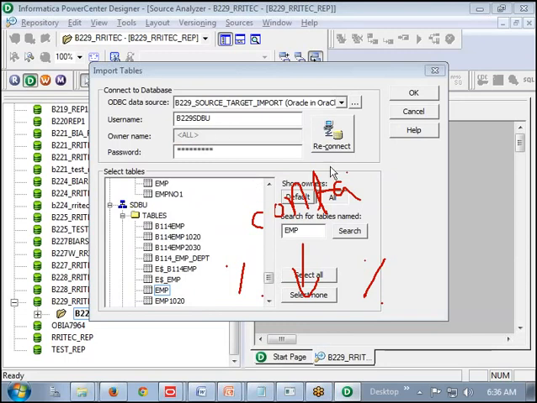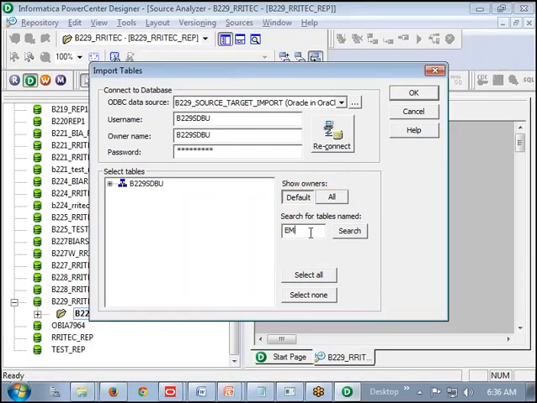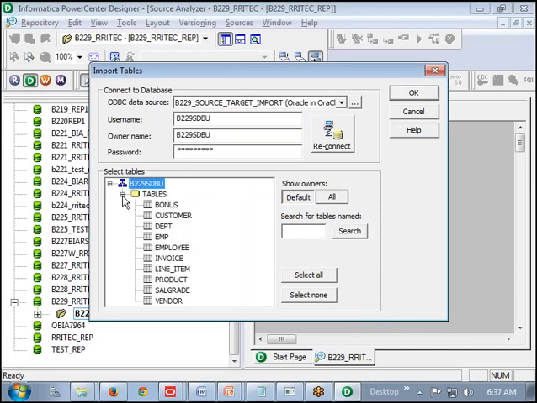Now let us go back to the default. Default is nothing but owner B229 HDBU. Even this EMP search I am removing. Then we are going to get all the tables here. If you want only one table, you can select only one table and click on OK. If you want multiple tables, you can select with control and click on OK.